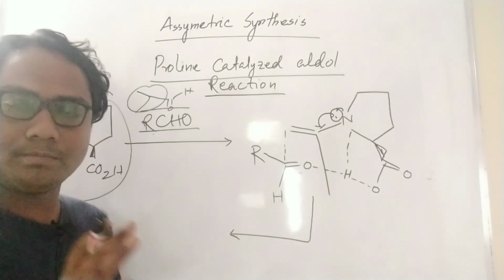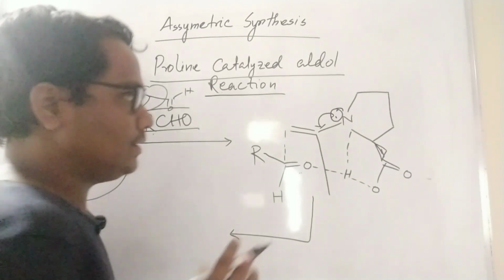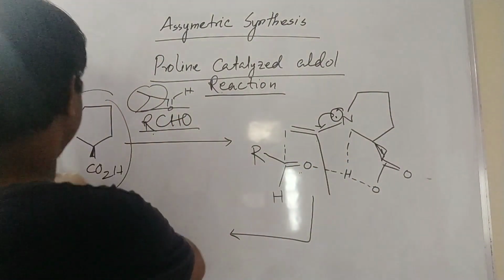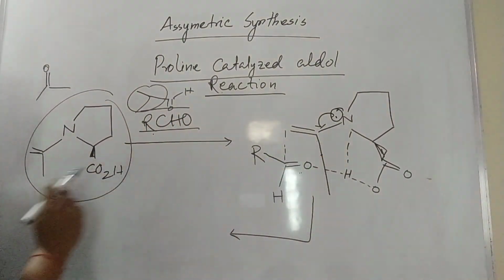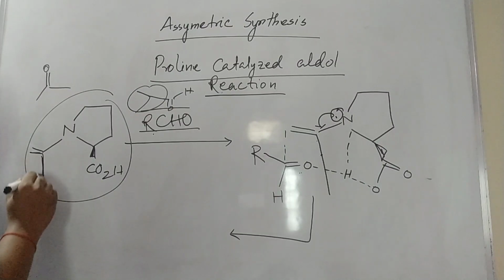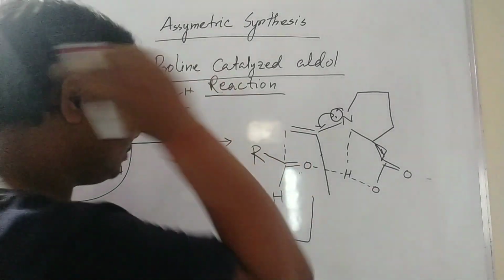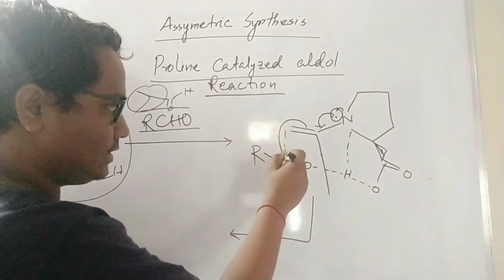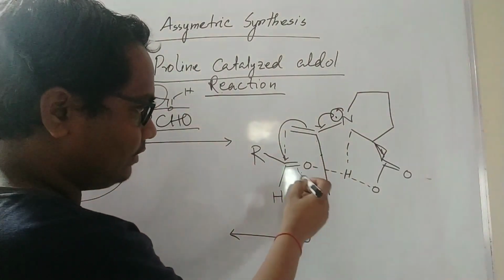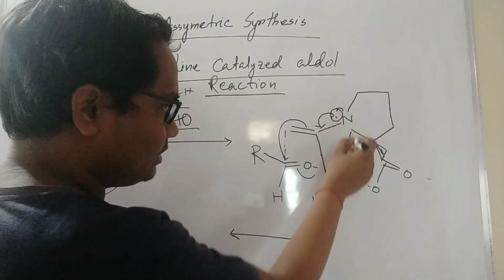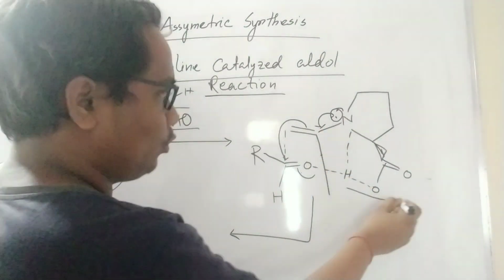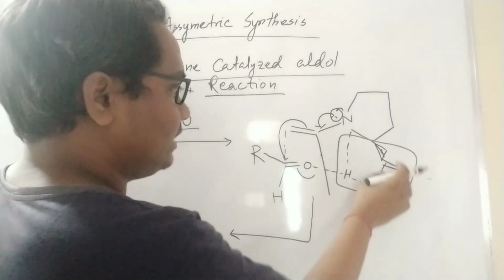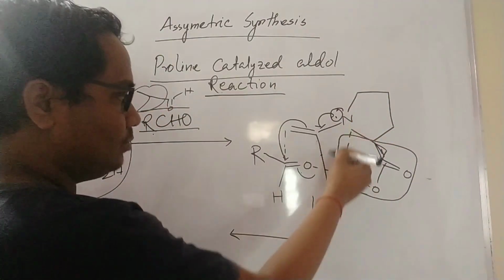Okay, always a 6-member chair form will happen, because this is the methyl group. See, this methyl group, this methyl group. So this is keto. So it will come and it will attack there. So it will attack this ketone. That is why I wrote that, and it will come, and this keto will chelate with these two protons.